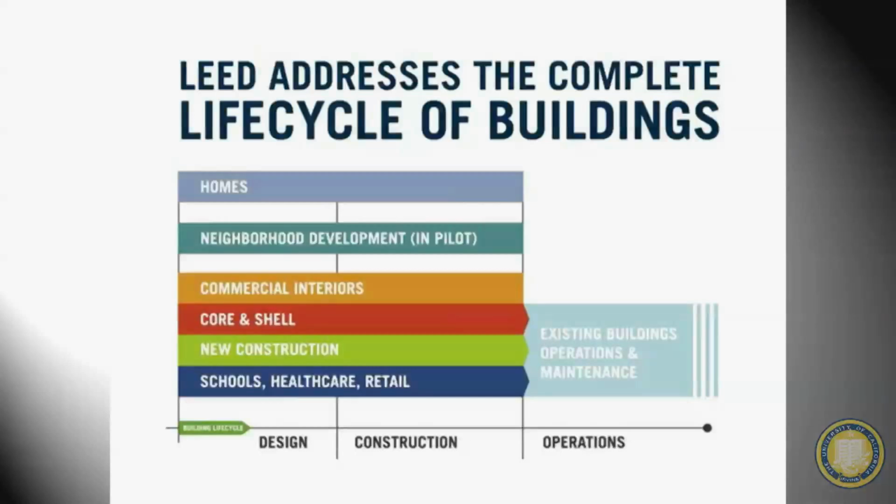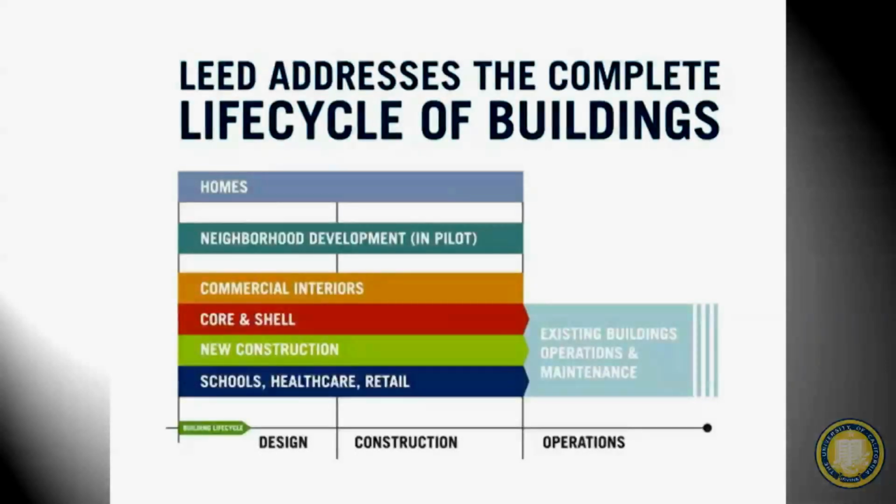Here's another example of systems thinking. So LEED addresses the complete life cycle of a building. And for all of you doing your individual design projects, you should definitely know what a life cycle analysis is by now. And it's a system because we're talking about the development of the materials. Where do these raw materials come from? Where were they acquired from? Where are they shipped to? How are they used in the building then? How are they maintained in the building? If you have to replace a carpet square or buy a new energy appliance, what kind of appliance are you going to be buying? So that's the use part of the life cycle.